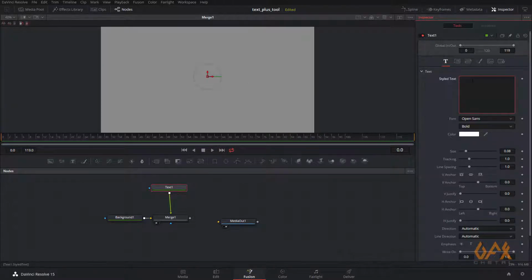So I click over here and I just write Text Plus tool in Fusion tab. Whatever you write over here reflects over here. Now this is a very basic property of any text tool in any application.